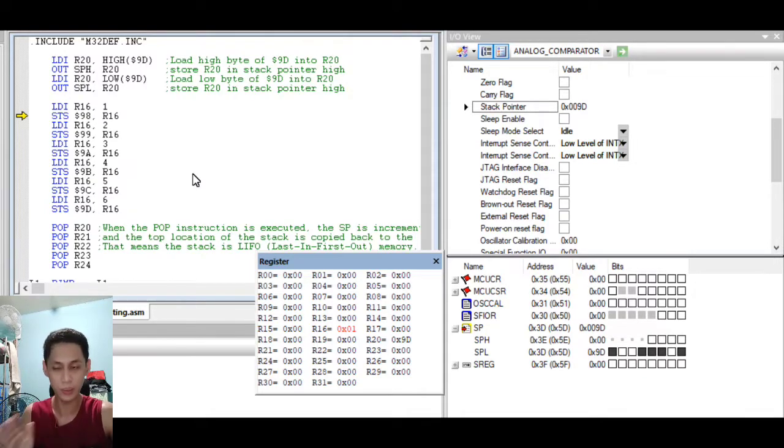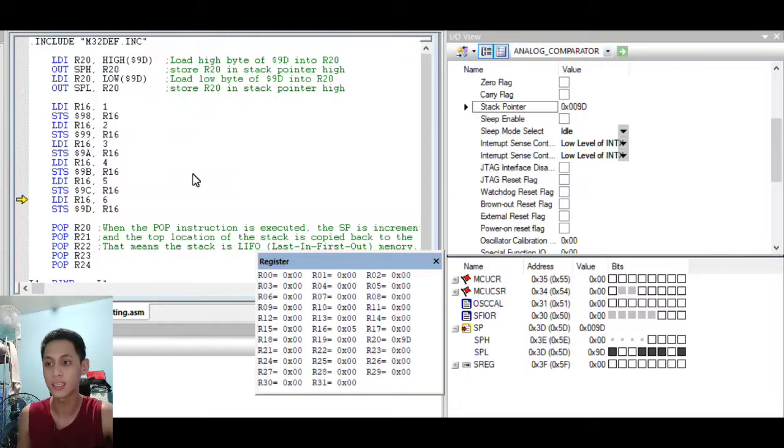Then we are going to execute it all with the following values: R16 with 2, R16 with 3, and the last one, R16 with the value of 6, directly stored in the